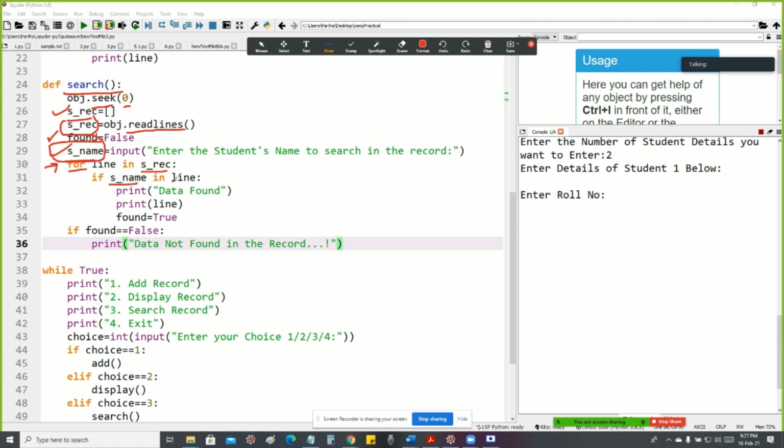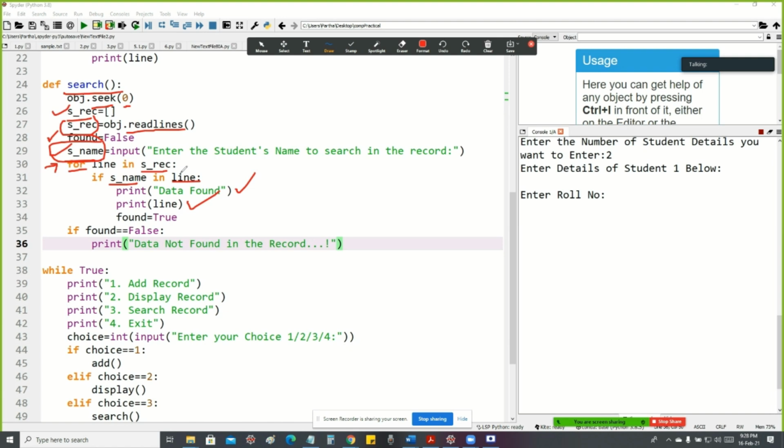So if name in line, it means whatever student name was entered by the user to perform the search operation, the if statement will check whether the student name exists in the old record or not. Suppose it exists, then the print statement "data found" will be displayed and the student name is also displayed on the screen. Here I'm assigning found equals True.